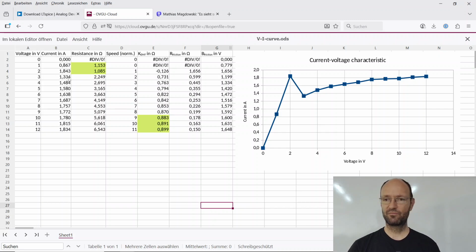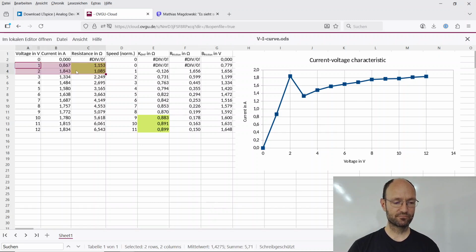From the recording I used the values, and still it's not looking perfectly nice, but I get a more straight curve here, right? And so from when the motor was not running, which were the first two cases,